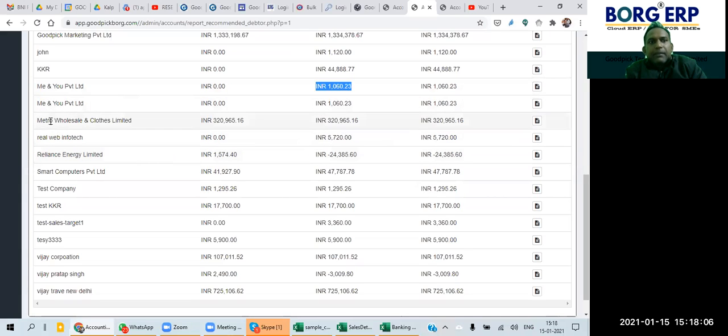The second one is Metro Wholesale and Clothes Private Limited. You can see the total amount due is 3,20,965, and this is pending from last financial year. It means this is pending from before 1st April 2020, so it is a long pending amount, and it will become the opening of the next financial year if it is not received before 31st March.